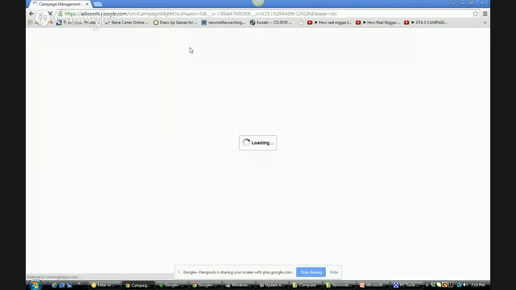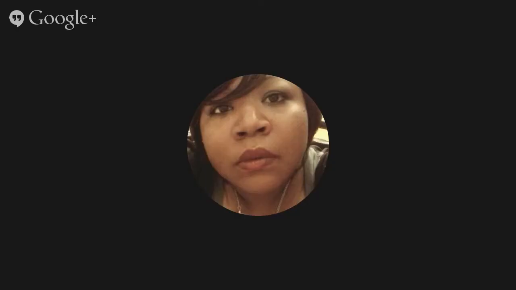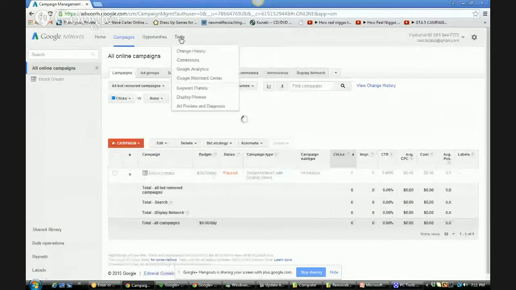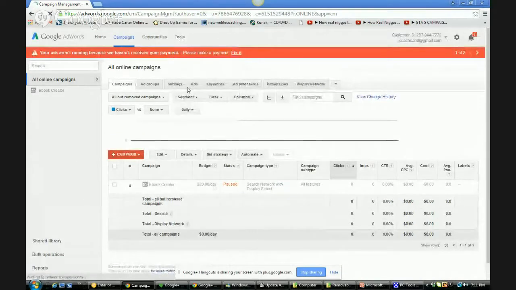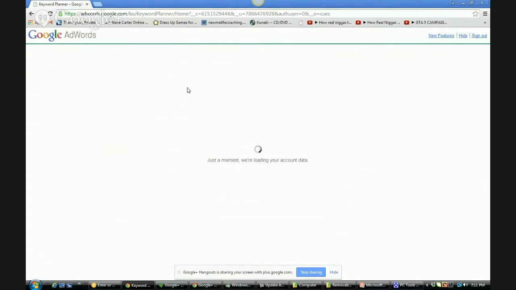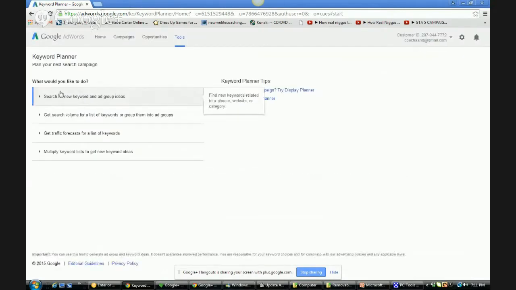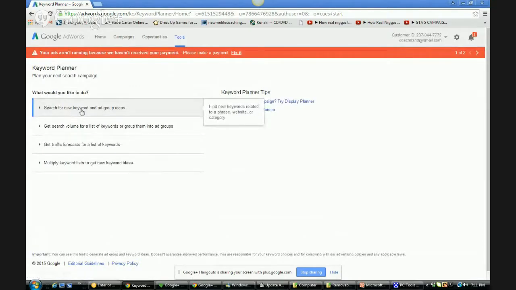You're going to go here to where it says tools. And you're going to go down to where it says keyword planner. And you're going to click there. Now, just so you know, using Google AdWords for research is free. It doesn't cost any money to use this. Okay. So what you're going to do is you're going to click right here where it says search for new